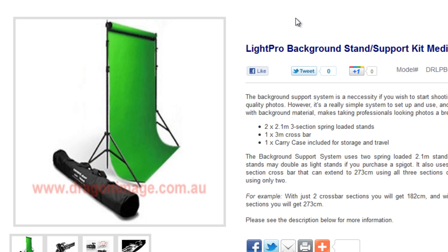If your artificial lights are quite minimal, you may find that you get a better effect if you actually film the green screen outside, so that the foreground, the person or the subject standing in front of the green screen, is lit by daylight, if that type of daylight is the same as the background. So if it's a sunny scene in the background on the green screen and it's a sunny day outside, then it makes more sense to try and match up the shadows of the sun